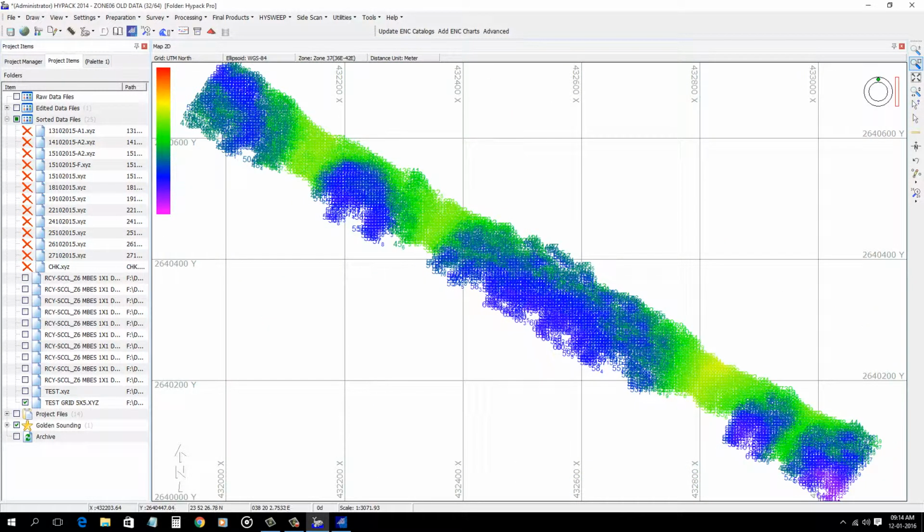The final step and our objective is to export this xyz as a DXF file. We need this as an AutoCAD drawing file. Okay, now we go to the option final products, export.